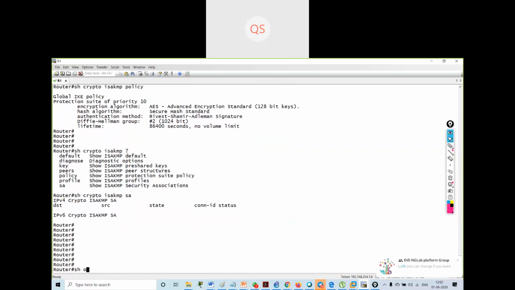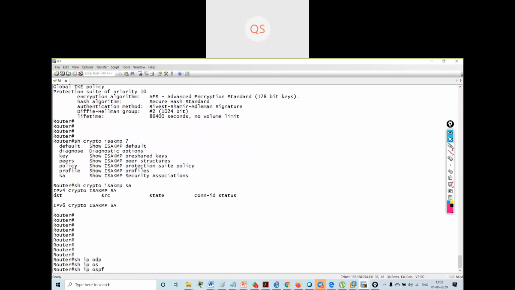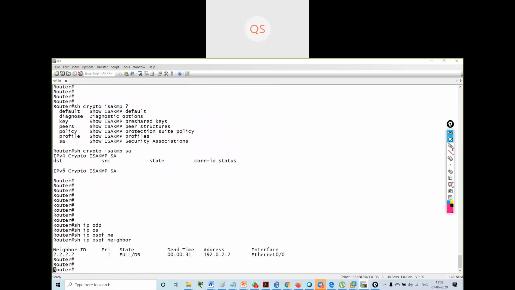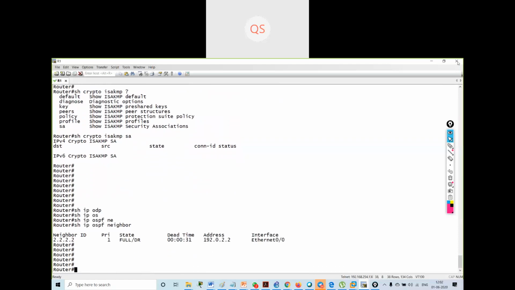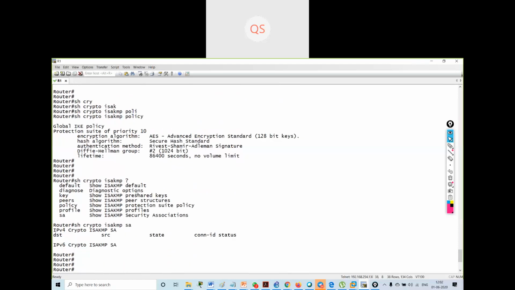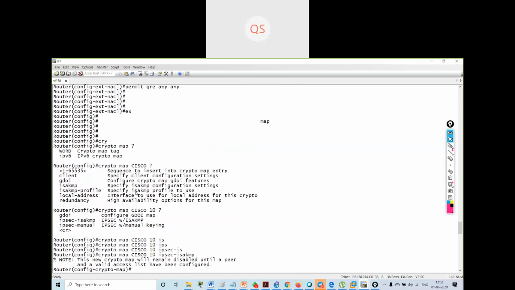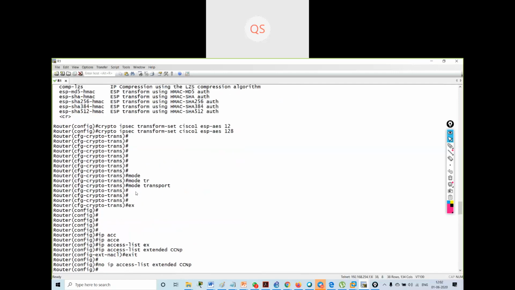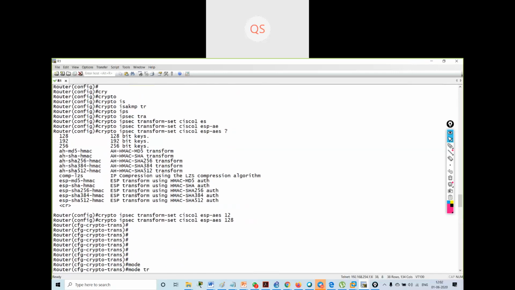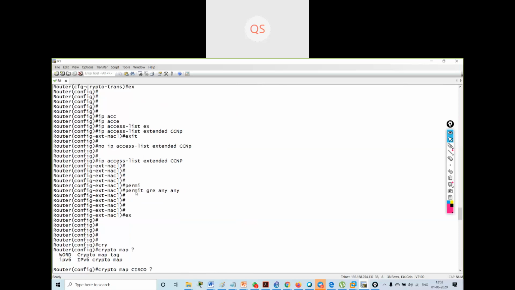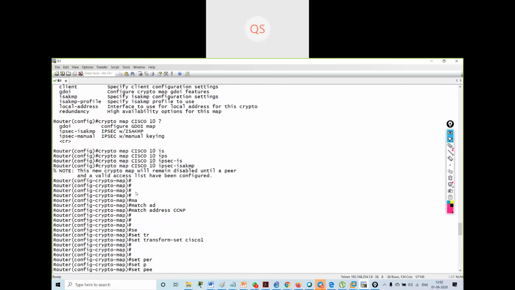So I'll troubleshoot this thing. What is the issue? I think I'm missing some commands. I'm not getting what the command is right now.